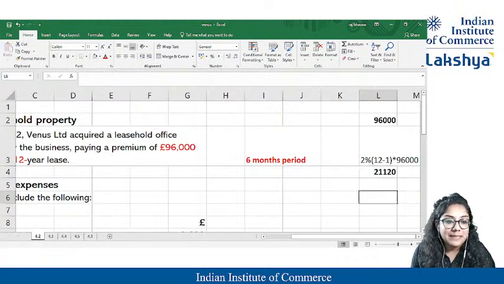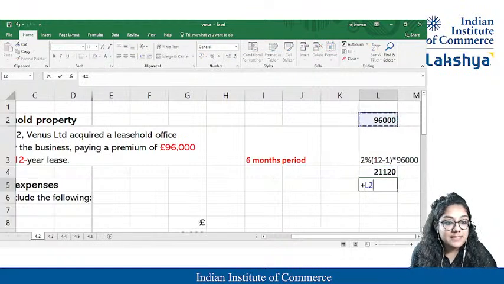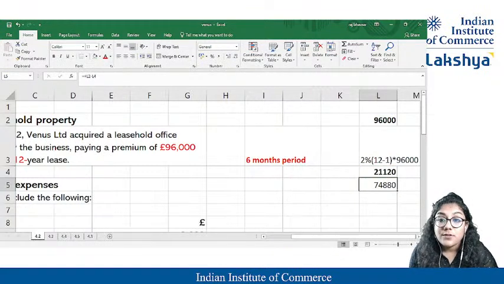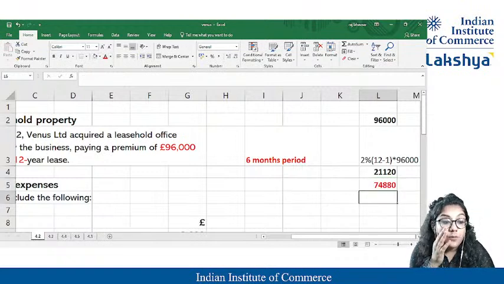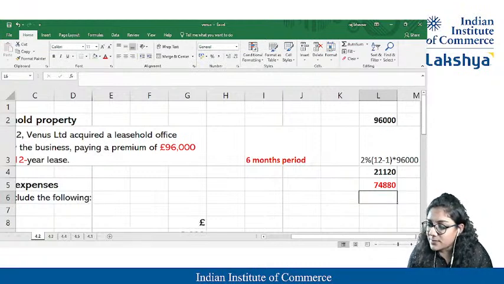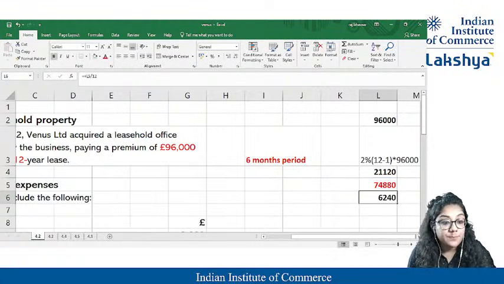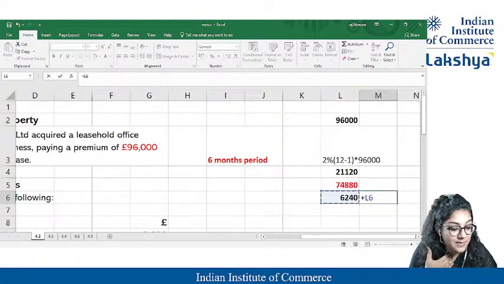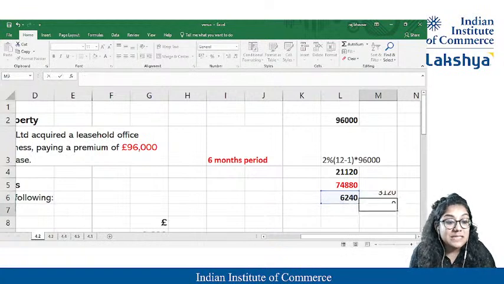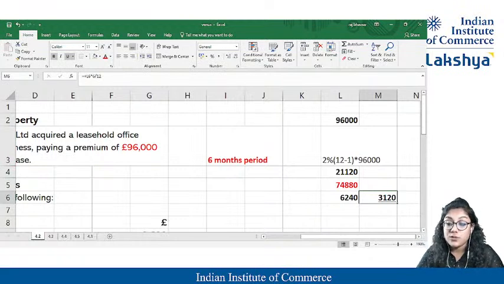And what am I getting as the final answer over here? If I get it, this is 74,880. Students, this 74,880 is the lease amount. For how long do I have to book it? It's just 6 months, guys. So what I can do is divide this by 12 years, so per year it will be this. But I have to book only for 6 months, so it's 6 by 12. So this will be my premium, which I should have booked, at 3,120.